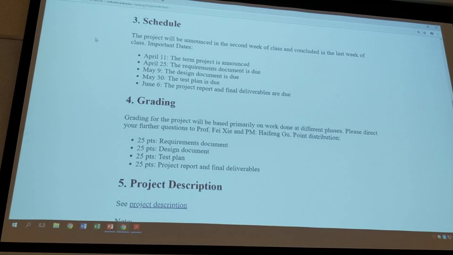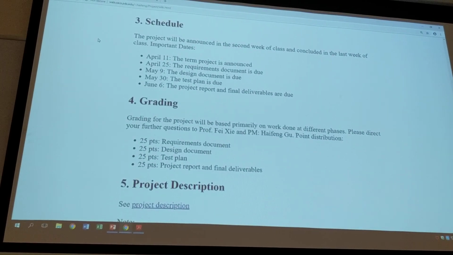On June 6th, that's your project deliverable. Your project report and final deliverable will be basically what you have done for the project, and also instructions on where to find your code, download your code, build your code, run your code, and exactly get the functionality you demo to us in the 5-minute demo you'll schedule with the project manager. Make sense? That will be your June 6th deliverable. That's a great clarification question.